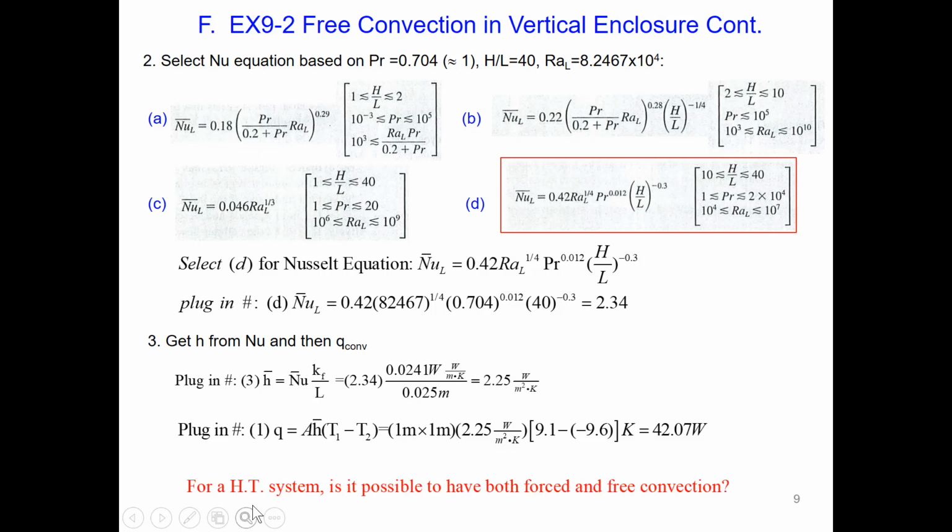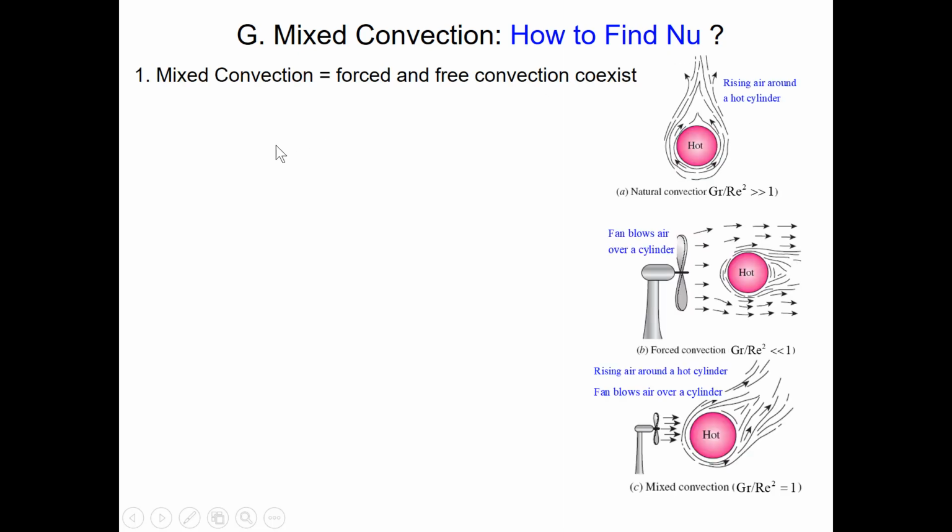At this point, have you ever wondered for a heat transfer system, is it possible to have both forced and free convection? The answer is yes. G, mixed convection. Have to find the Nusselt number equation and then heat transfer coefficient. First, mixed convection is a heat transfer process where both forced convection and free convection coexist. For example,